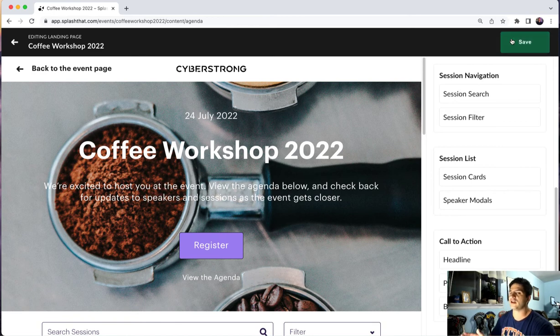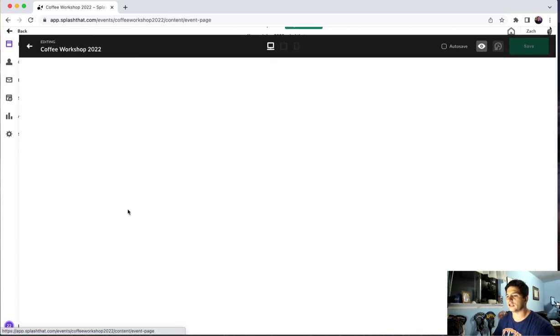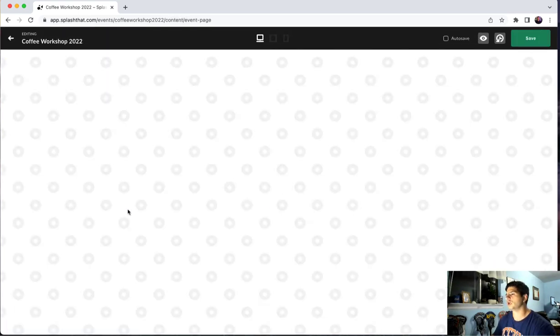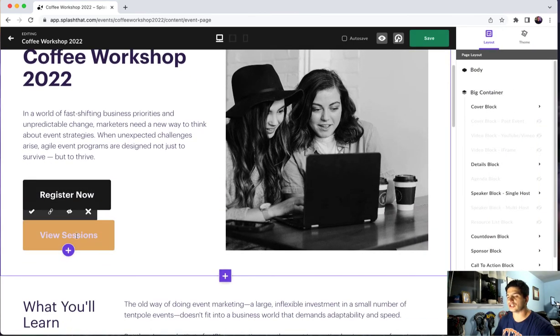top, and then I'll show you how to navigate back to your event page and make sure that this feature is activated. Alright, our final step takes place in the event page. So let's click into that touch point. And one thing that I showed you earlier is the view sessions button that I added here. So the key to this button, opening up the agenda page touch point for the guest, is this little link